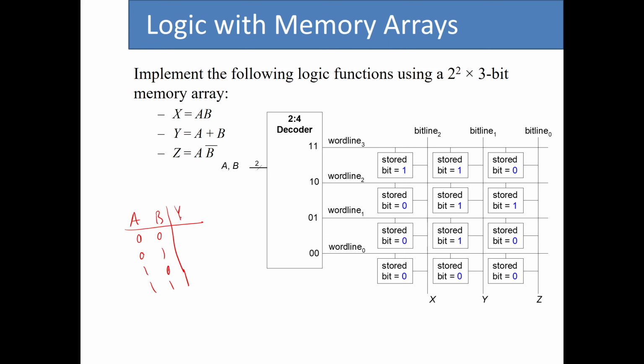So if y equals A or B, it is 0 when both of them are 0, but it is 1 for all the rest. So these 3 ones are basically these 3 ones that we see here. One thing that you should notice is that there is no reason that you use this order, right? You can actually use the order that we had for the